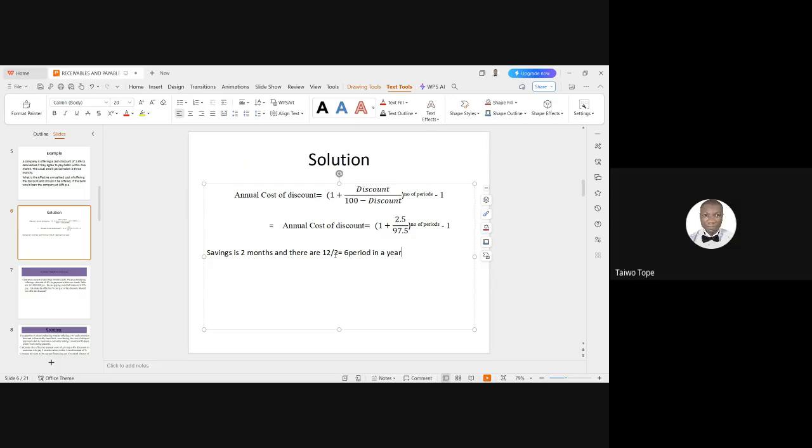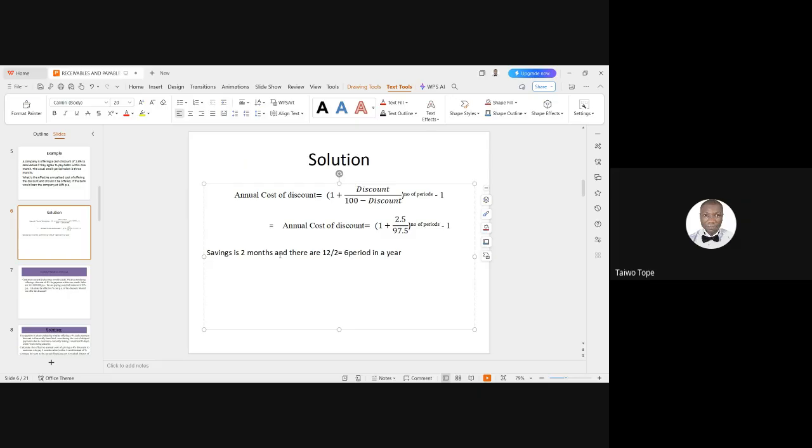Yes. To me it's very straightforward. You have a period of 5 months to pay. Now I can tell you that if you pay within 1 month, you will get a discount. How many months have you saved? 4 months. In a year, 12 divided by 4, you have 3 periods. You have 3 periods in a year because you are getting the 3 month loan. How many times in a year? 4 times in a year.